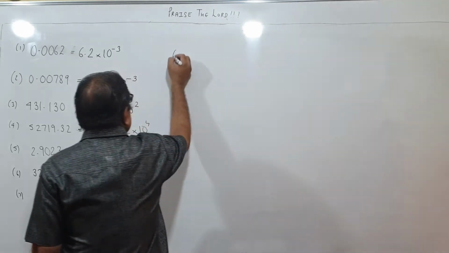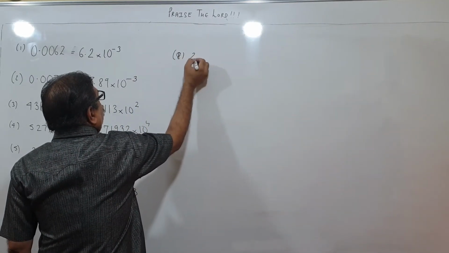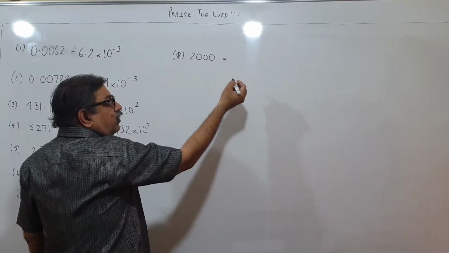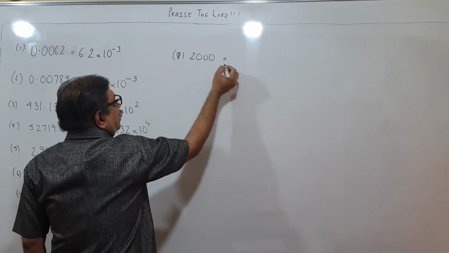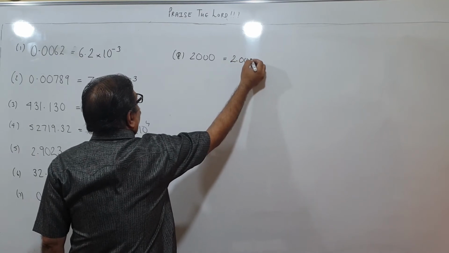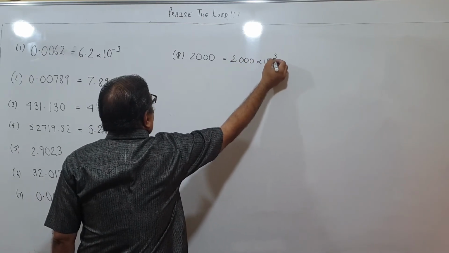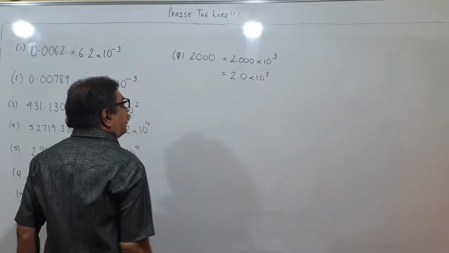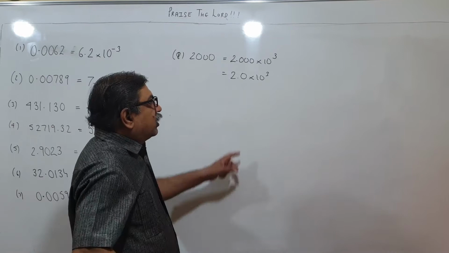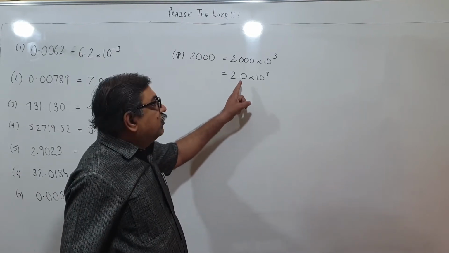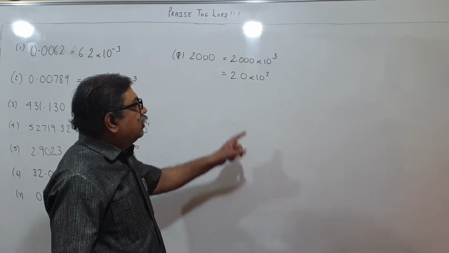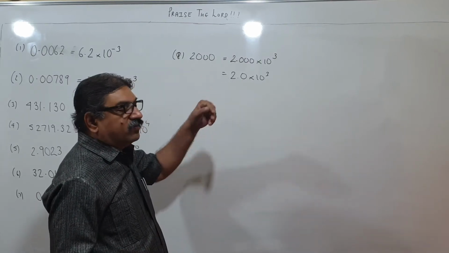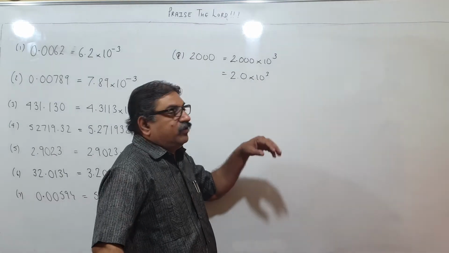If I am having a number like 2000, so 2000 means decimal is here, 2000.0, I should bring it here. So this will be 2.000 into 10 raised to 3 or simply 2.0 into 10 raised to 3 like this. Don't write it 2, it should be 2.0. Decimal is to be specified after first non-zero digit. So 2 into 10 raised to 3, like this. Even though mathematically they are one and the same thing, but for scientific notation we should mention 2 point how much.